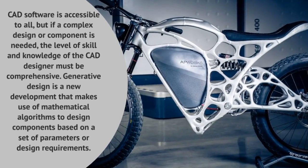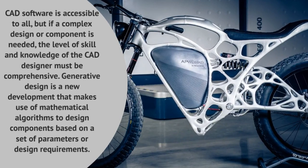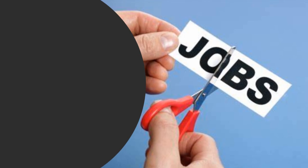CAD software is accessible to all, but if a complex design or component is needed, the level of skill and knowledge of the CAD designer must be comprehensive. Generative design is a new development that makes use of mathematical algorithms to design components based on a set of parameters or design requirements. However,